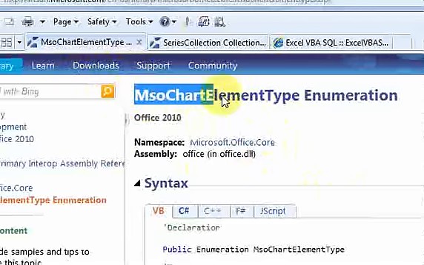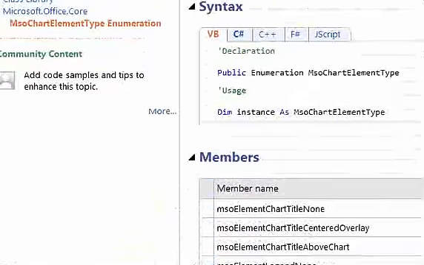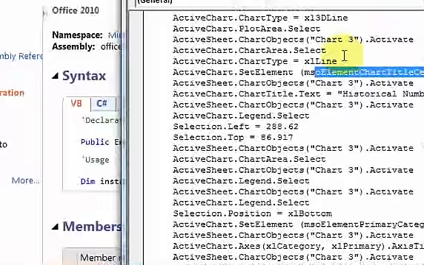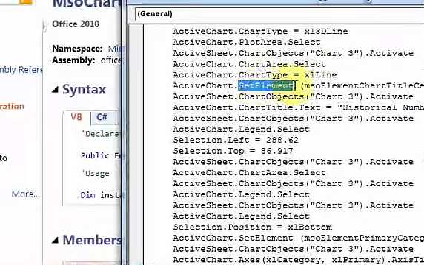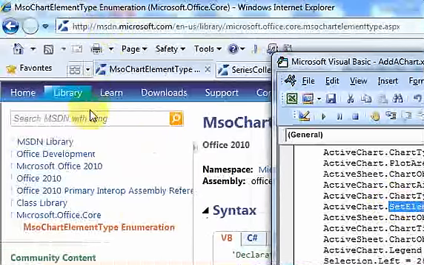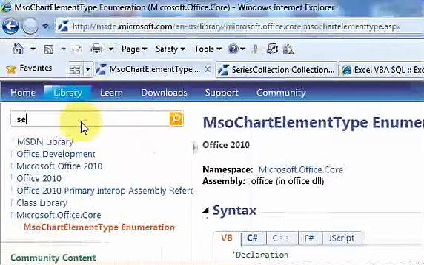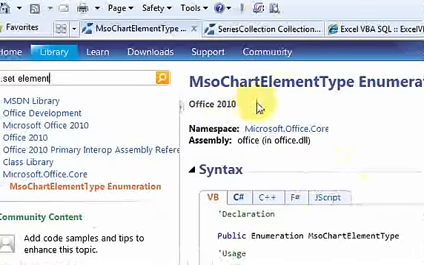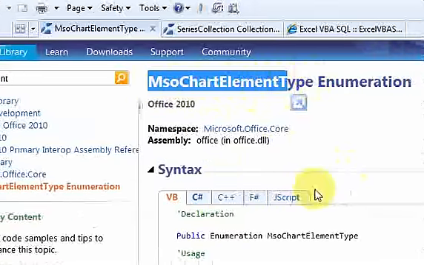Only did I find this after I first searched for .set element. I first searched for this on this website, MSDN. I put search .set element in here, and then some other article came up, and there was a link to this MSO chart element type. And this basically